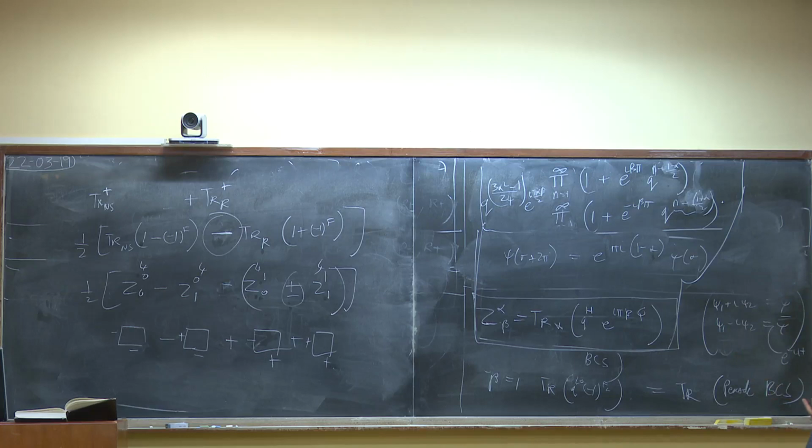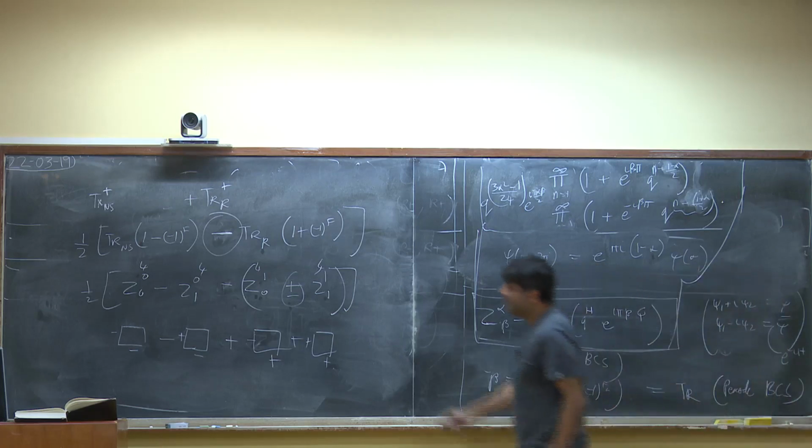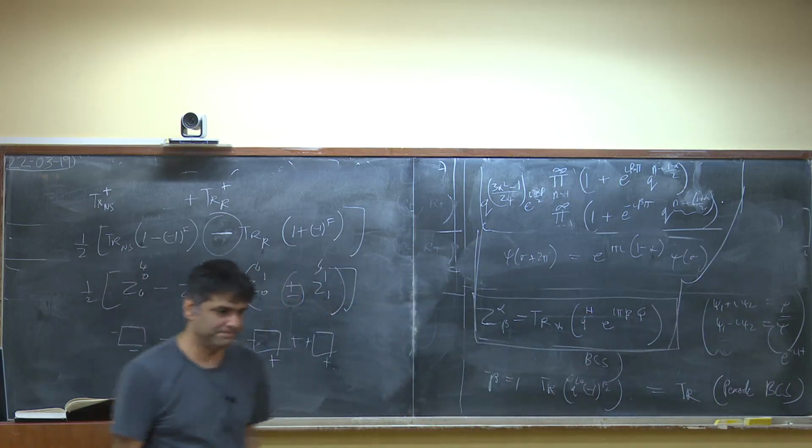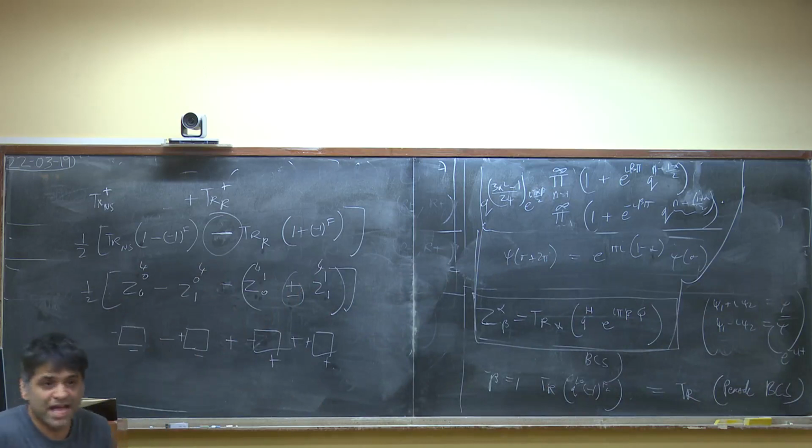If you put an overall minus sign outside, well, it won't matter, because you're going to multiply this with a right moving thing. So if you put an overall minus sign in both, that won't matter. What in the end is going to be important is that every boson in space-time contributes with a plus sign, and every fermion contributes with a minus sign. What we're going to do is multiply this with something similar on the right moving side.